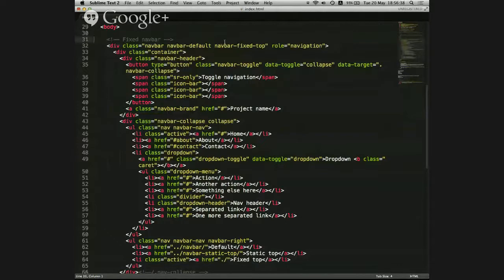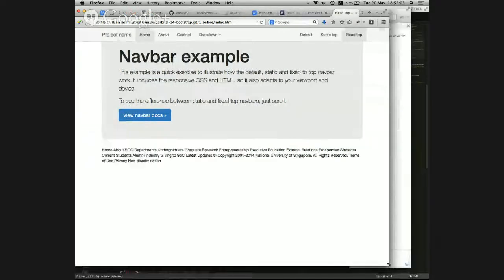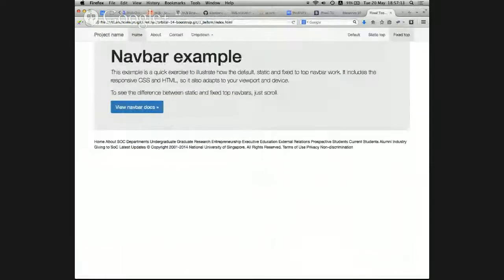So we go to the part that says fixed nav bar up here, and then we're looking through this code to find out what's going on, okay? So let's walk you through it. There's this button here, okay? So what is this button referring to? It refers to nothing that you can see at the desktop resolution, okay? Because it's not shown because you're at high resolution. It actually refers to this button that only comes up when it's nice and small, okay? But you're treating it in the HTML, and only if the screen is small enough does that piece of HTML